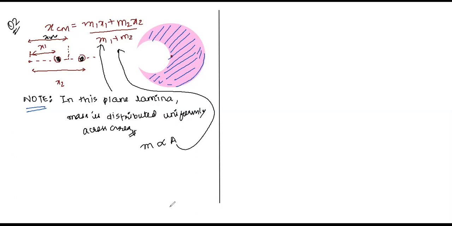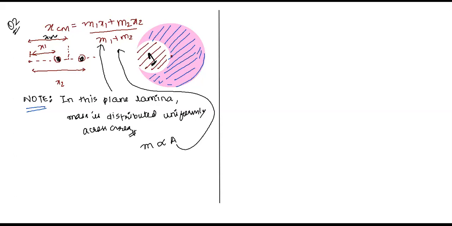So what I am doing is, let's say if this was already there, then how could I have written center of mass? Let's say white was part 1, and the pink was part 2. Had I summed them both in this pattern, I could have got the center of mass. Where would the center of mass of this entire joint system lie? Tell me, Atul. At the center of the circle, right? So for the circle, it's easy to find out. But for this crescent moon-like structure, can we find the center of mass easily?